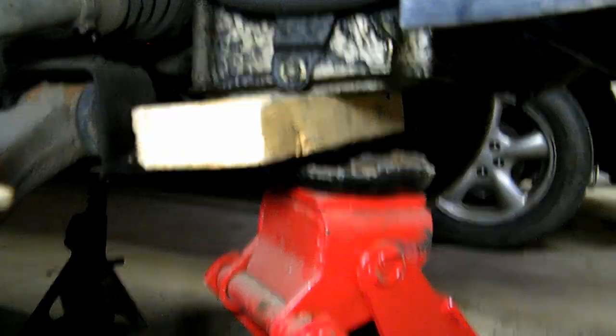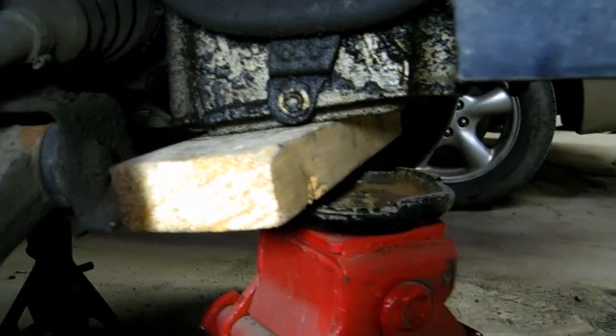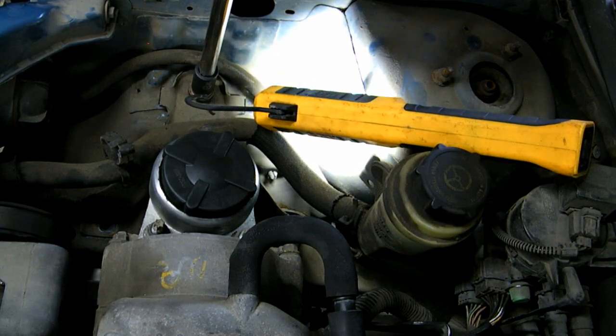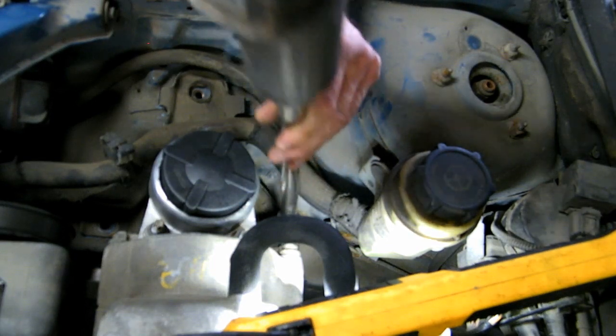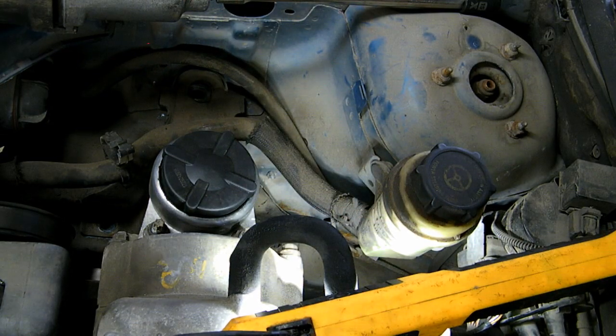Yeah, I got my jack set up in the middle of the 2x4 so it spreads pressure on the pan because the car's up at such an angle, and the rear engine mount should hold it center as I jack it up. But before you jack it up, remove these bolts. This 1, 2, and 3. Once you've got those,